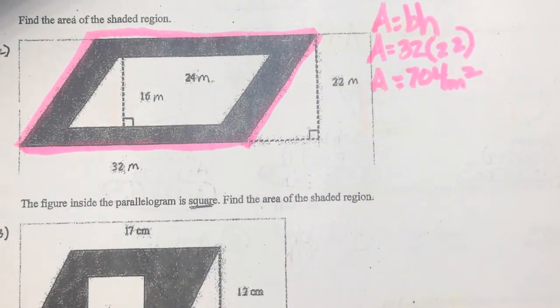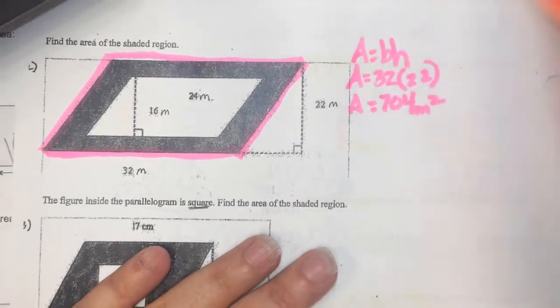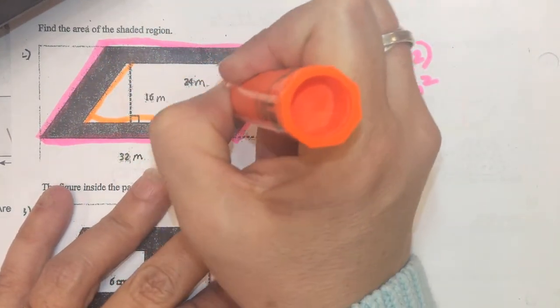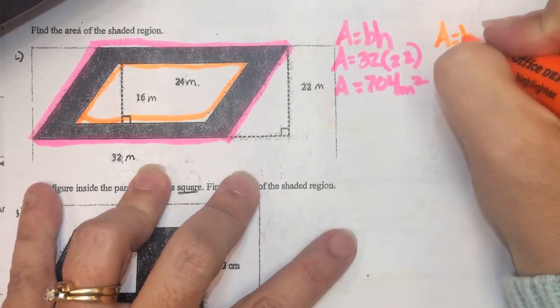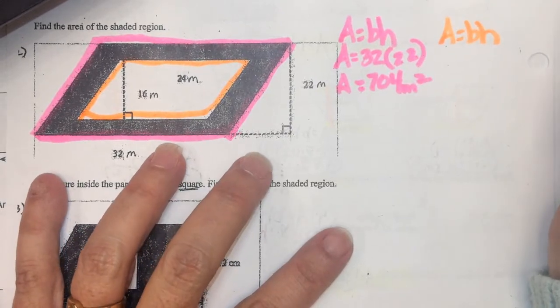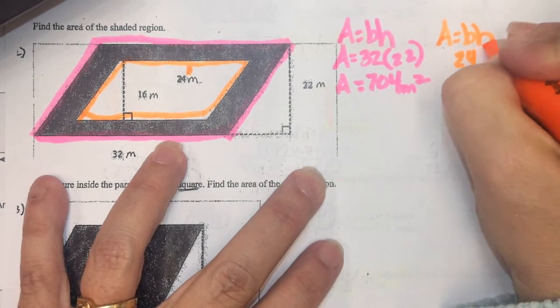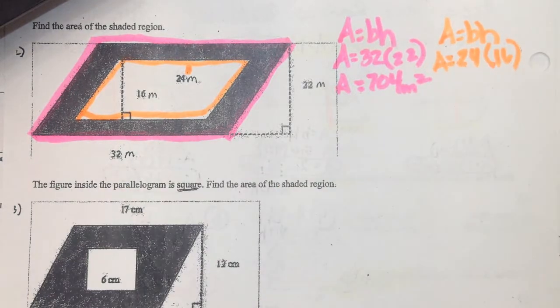Now, the key is they want you to get rid of this middle part. So they want you to find the area of the, I'm going to make it orange, the orange one. On this one, I've got A equals base times height again. On this one, this is the base, 24, and my height is 16. And then I do 24 times 16 and I get